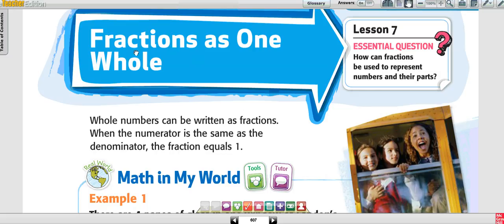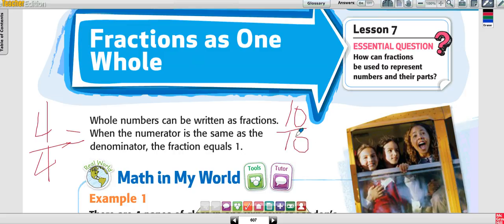This is chapter 10, lesson 7, just fractions as a whole. Okay, whole numbers can be written as fractions. When the numerator is the same as the denominator, the fraction equals 1. So what they're saying is, okay, if I have 4 over 4, if I have 10 over 10,